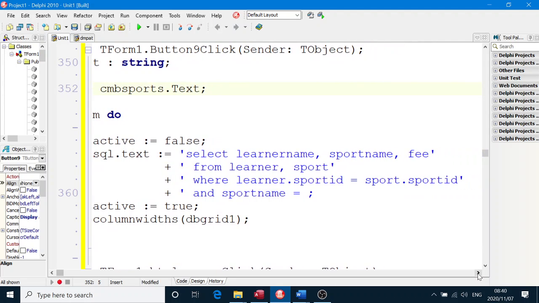We have our query so far. What have we got? We've got a select statement with the fields learner name, sport name, and fee. These are the fields or column headings from two different tables. Therefore, in the from statement we have learner and sport. The from lists all the tables that we are using, and then the where statement is our criteria. In this case, we're going to have two criteria. We're going to have learner.sport ID equals sport.sport ID, and sport name equals, now we have to join that to